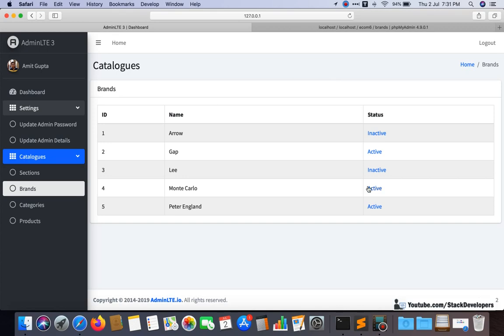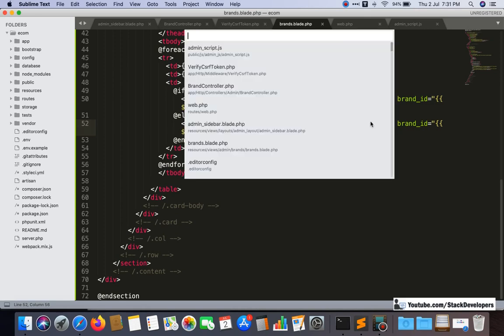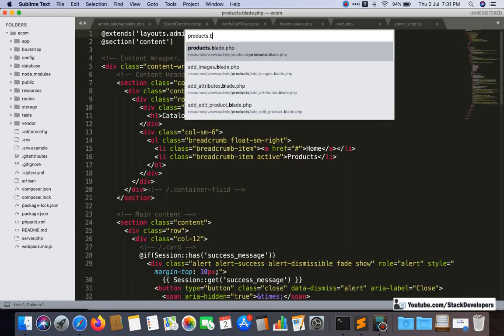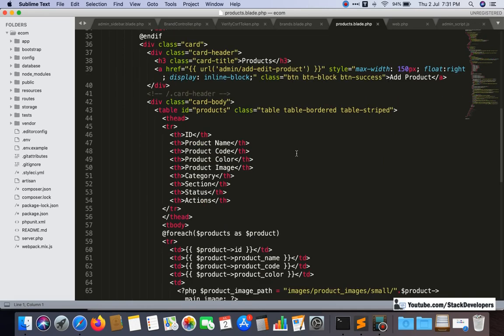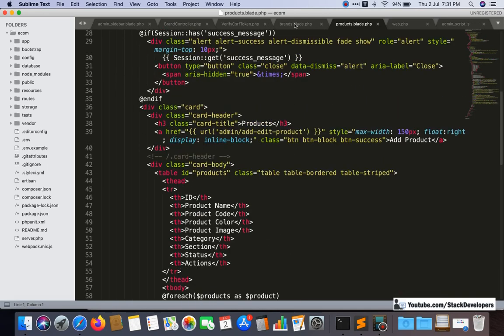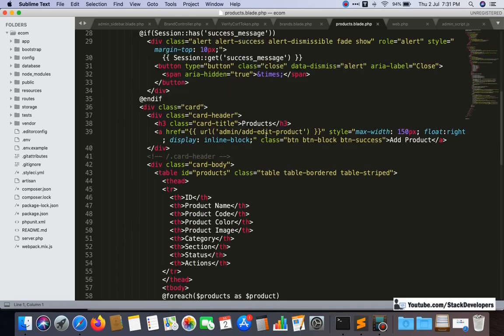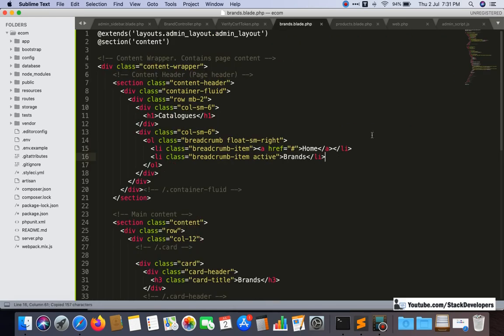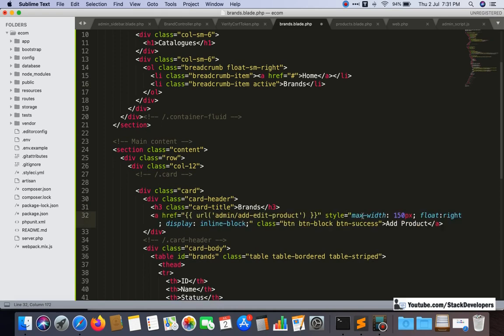Okay, we can copy that from our product module, from the products.blade.php file. We can get help from here, add product. Where we have kept this one after the products, we can copy this and paste it here.